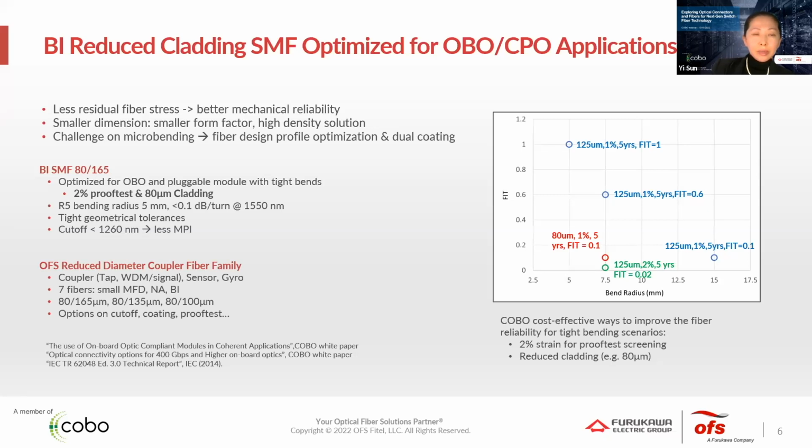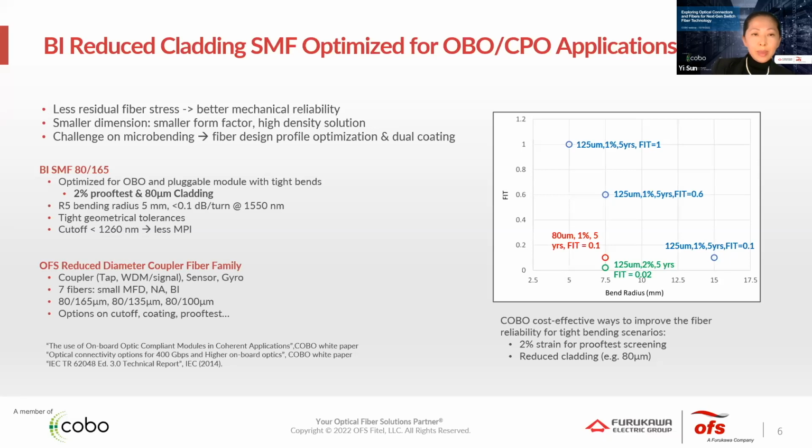Here I highlight a reduced cladding, thin single mode fiber, bend insensitive. It is optimized for on-board optics and pluggable modules with tighter bends, and it's proof tested at 2%. It has a cladding diameter of 80 micrometers. It has excellent microbend performance, tighter geometric tolerance, and a cutoff of less than 1260 nanometers. That means less MPI for both O band and S band